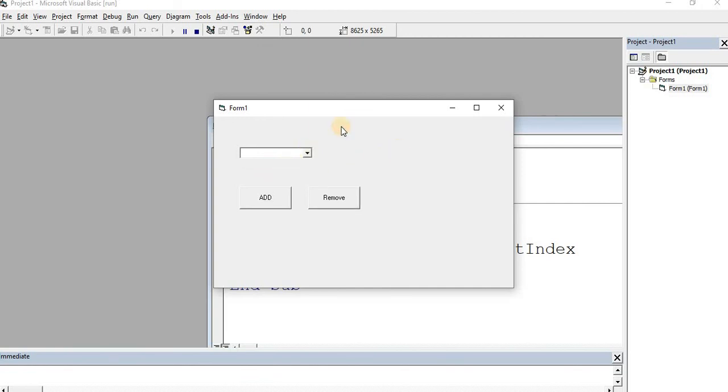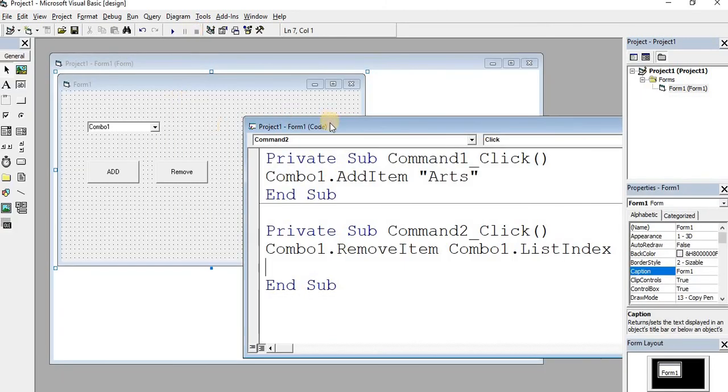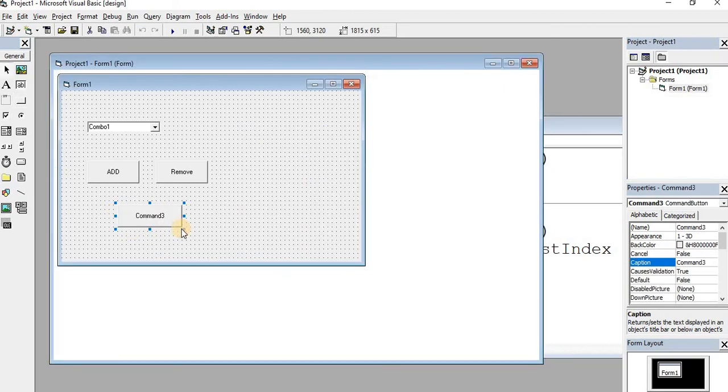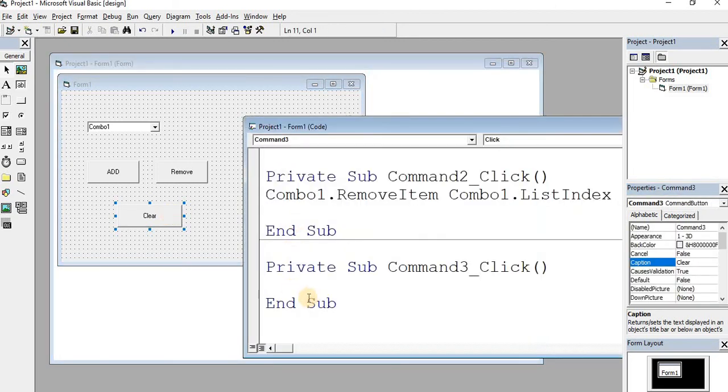Now let me tell you the last method, that is clear. We know this clear method is used to clear or remove all the items from the list. So here I'm giving its caption as clear, and in the code you just have to write the name of the combo box, combo1 dot clear.